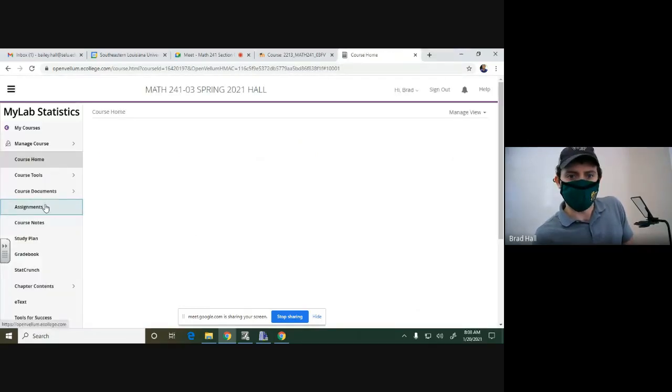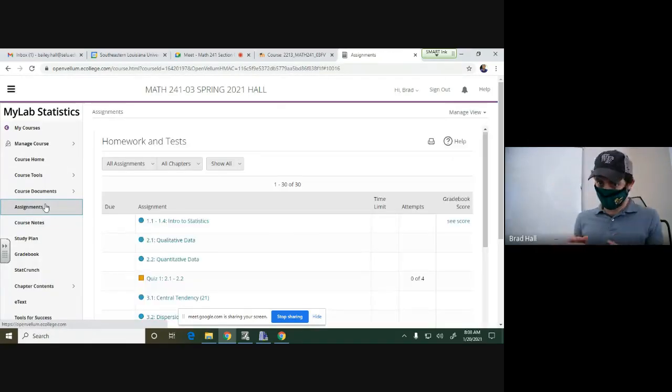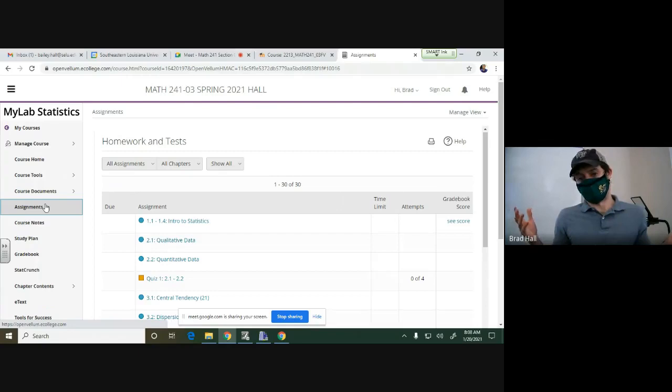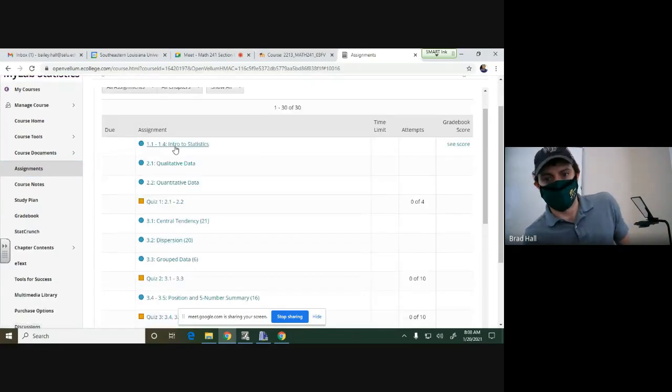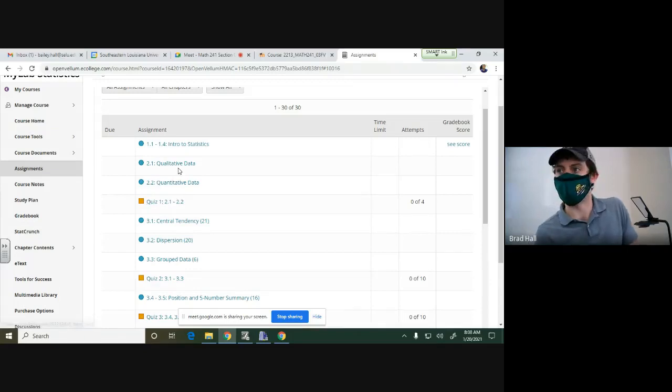Mainly, if you haven't done so, just get used to the interface if you haven't dealt with it before. If you have, then it's really similar to what we've dealt with before in terms of Math 105, 151, 161 students. It's pretty much the same interface. You have detailed assignments that pertain to a section or group of sections, and we have quizzes. So it's the same idea.